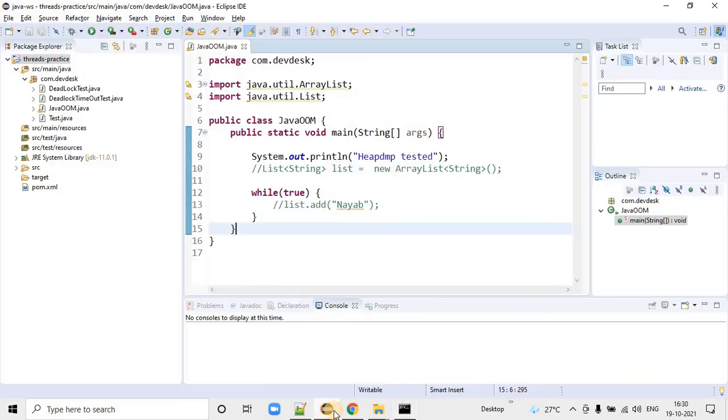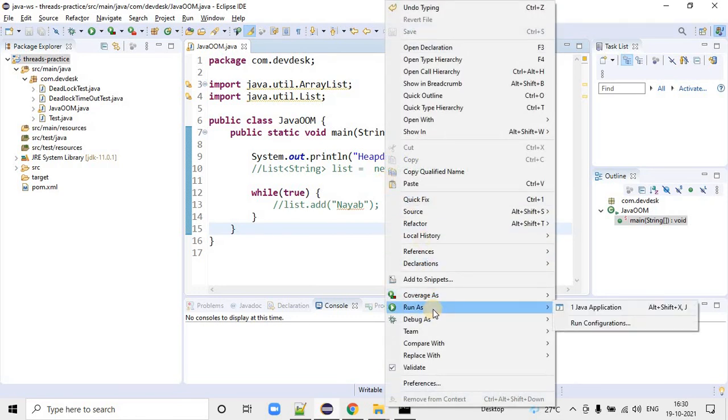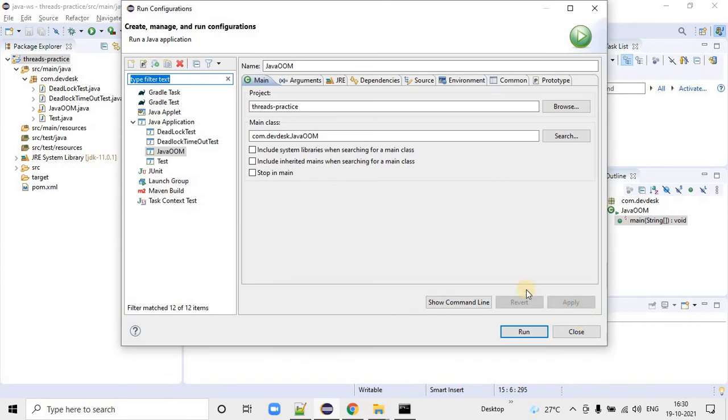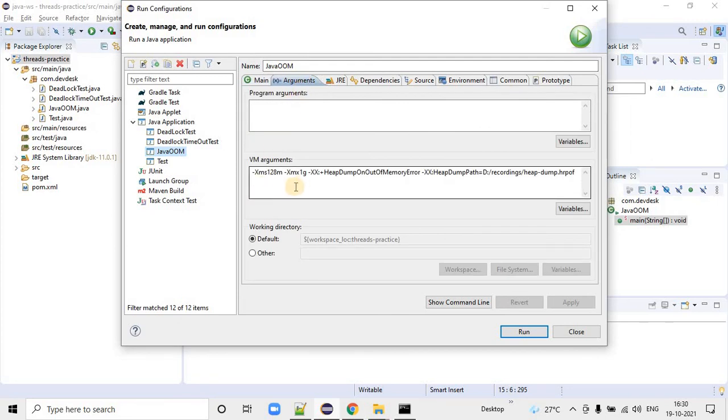If it is Eclipse, we can right click, go to Run As and click on Run Configurations. In the run configurations, for the first time you double click on Java Application, then it will come here. Then go to the Arguments section. All the JVM options should go to the VM arguments.